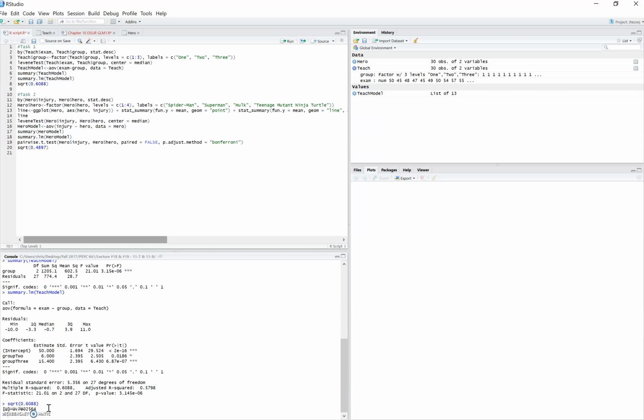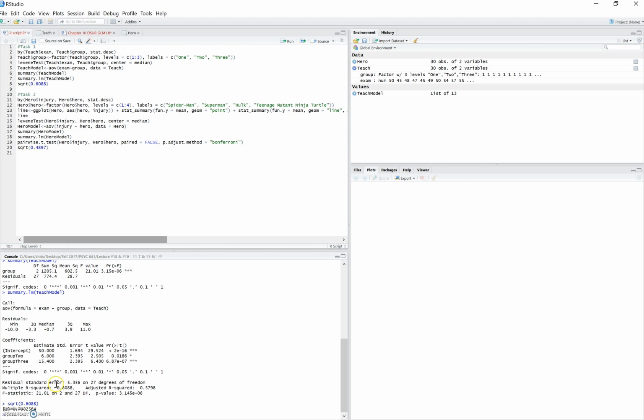So there is a large effect in addition to the difference between the 3 teaching styles being significant. That effect is quite large. So from this we can conclude that teaching style does have both a significant and large effect on the students'